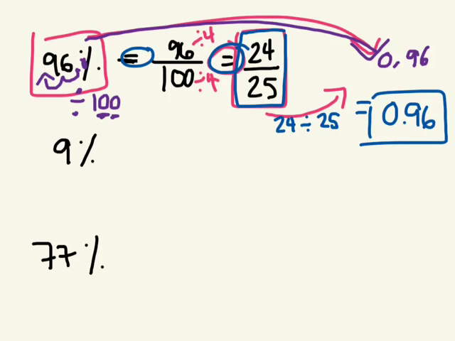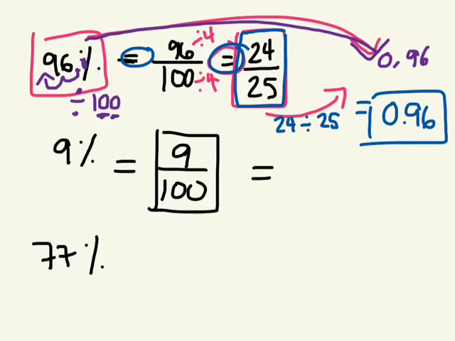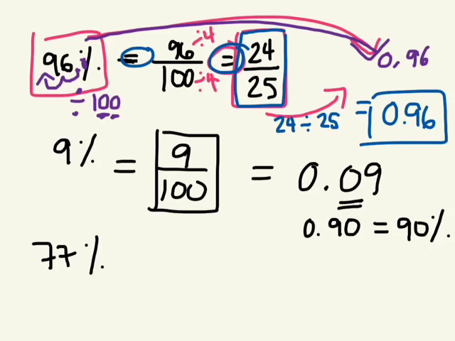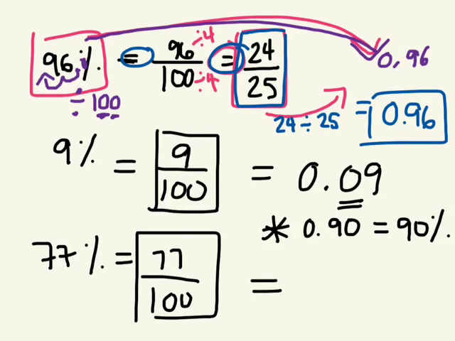Okay? I want you to do the next two on your own. What is that as a fraction in lowest terms? 9 out of 100. Can that be reduced? And as a decimal, 0.09. Very important. If I wrote 0.90, that is 90%. Okay? And finally, the last one, 77%. Is that lowest terms? Lowest terms. And as a decimal, Elijah,